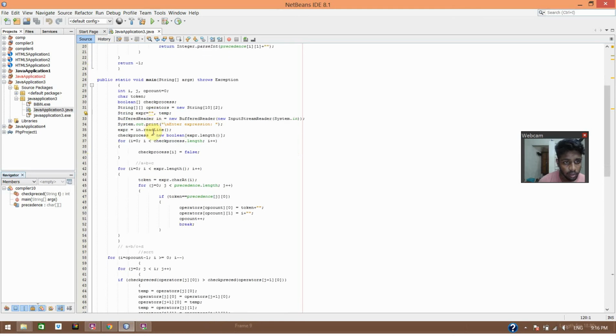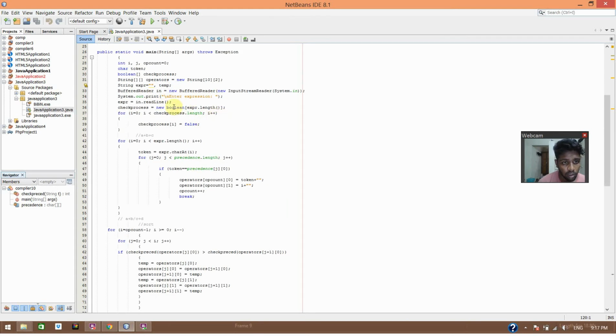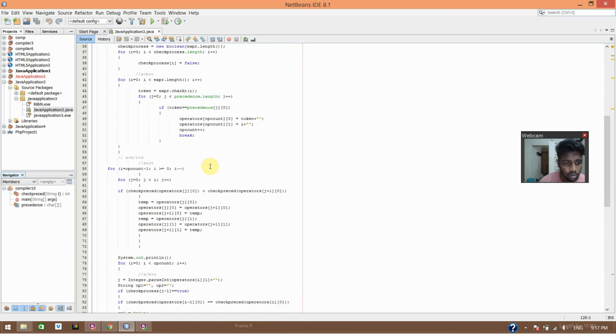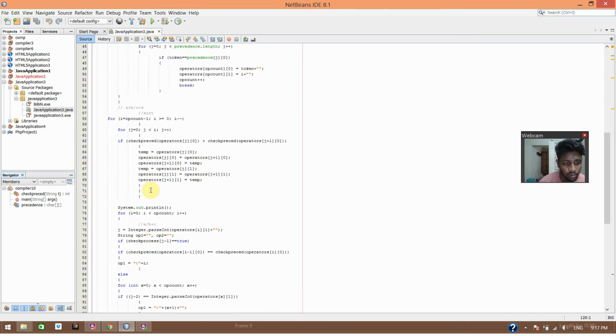Then in the main function, the required variables have been declared, and after declaring, BufferedReader has been used to read the input stream from a file, and then I have got the input from the user, and then used a for loop to run the process, and then I have created another for loop to run the characters that are present in the precedence array, which separates the token and breaks it, and then I have used another for loop to separate the operators and check